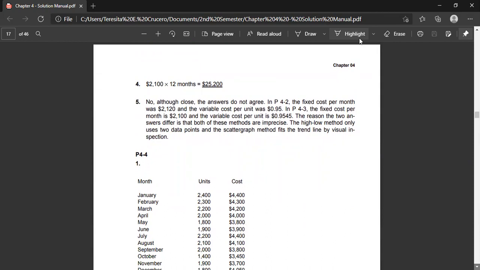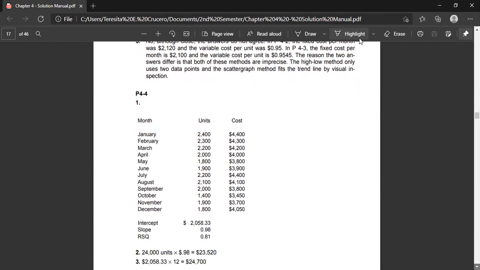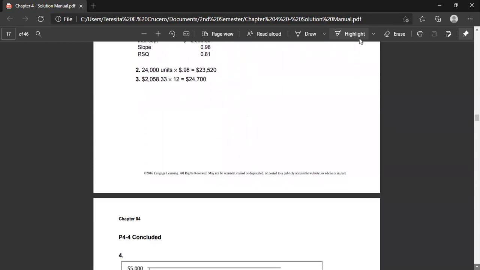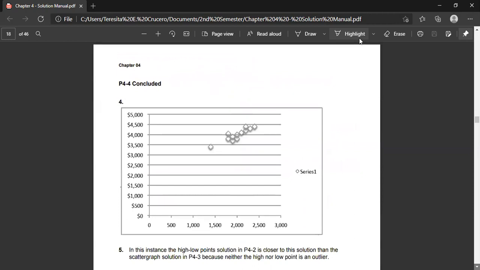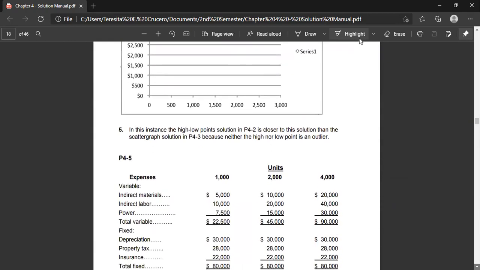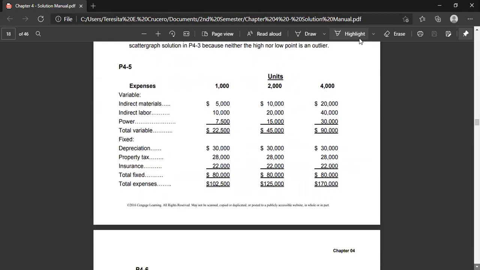Okay, we go to 4-5. Budgeted factory overhead cost. Listed below are the budgeted factory overhead costs for 2011 for most industries at a projected